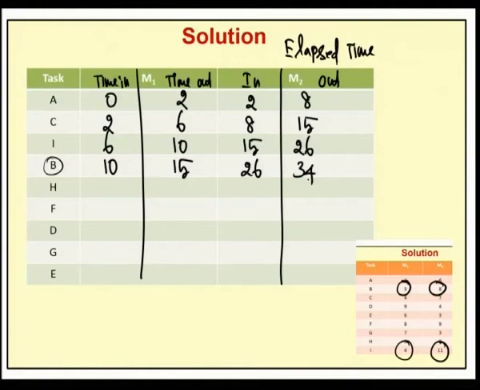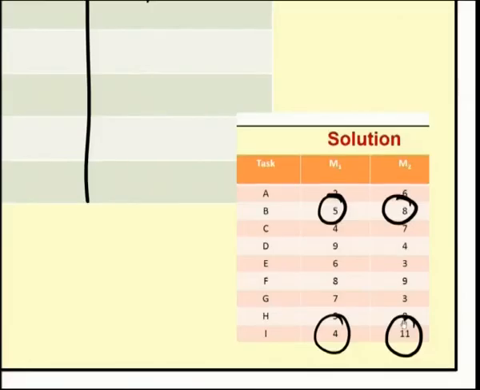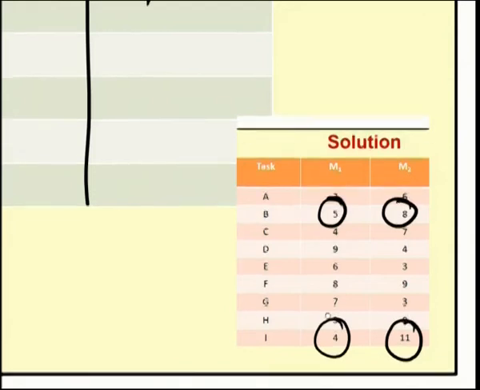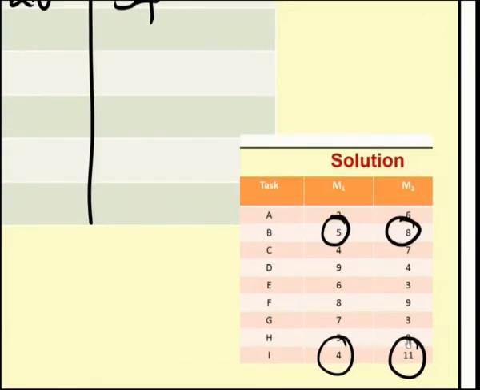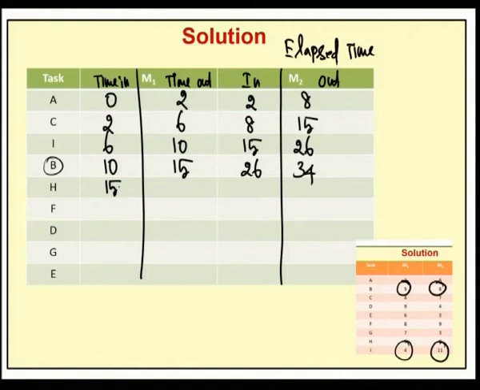The next task to be performed is H. For the task H, the end time of machine 1 is 15. Now for the task H, in order to calculate the out time, we should make use of the processing time for the task H. For machine 1 the processing time is 5 and for machine 2 the processing time is 8. So we make use of that. So end time is 15 and the process time is 5. So 15 plus 5, 20.